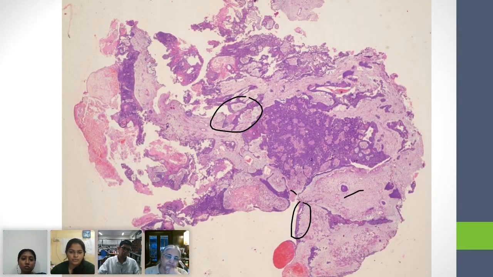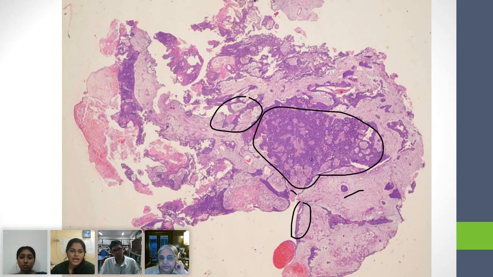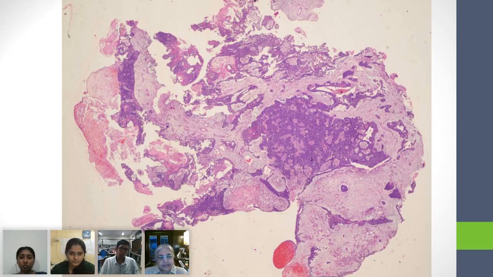So we have stroma, and we have this particular area which is very much cellular, bluish looking cells, admixed with no epithelial stroma cells between them. So we have the normal looking and abnormal looking area. I see. Okay. Everybody agrees with what Kshitija says? Ashish, as far as I could see,